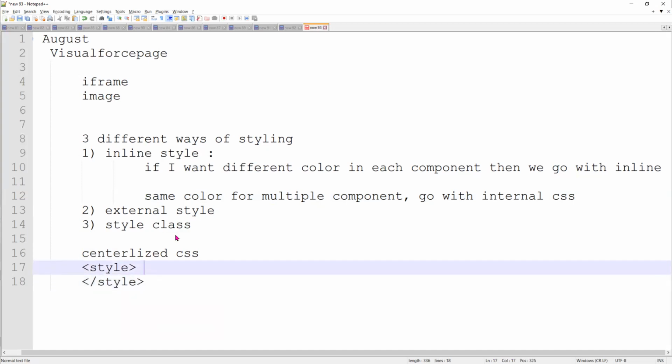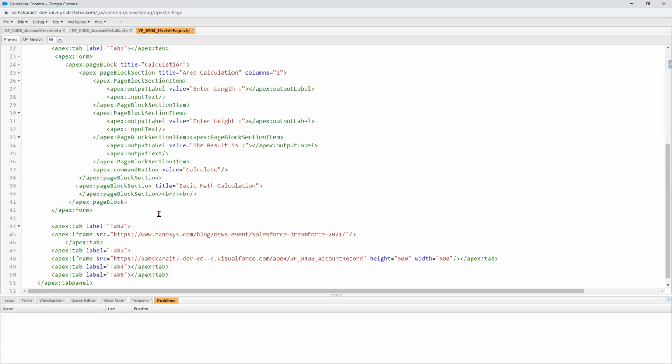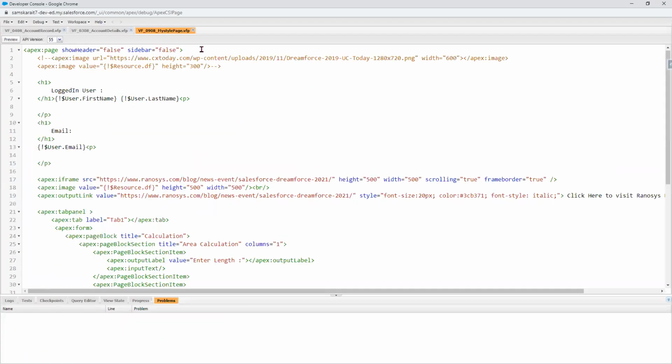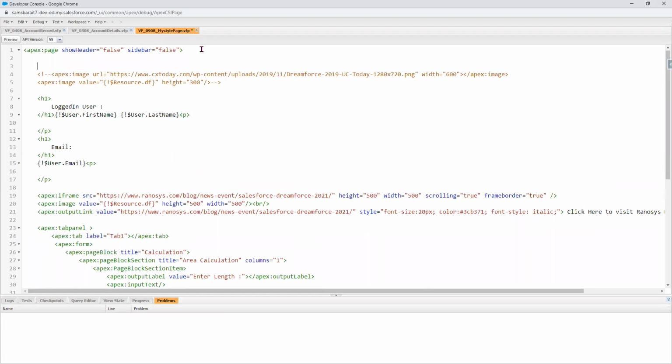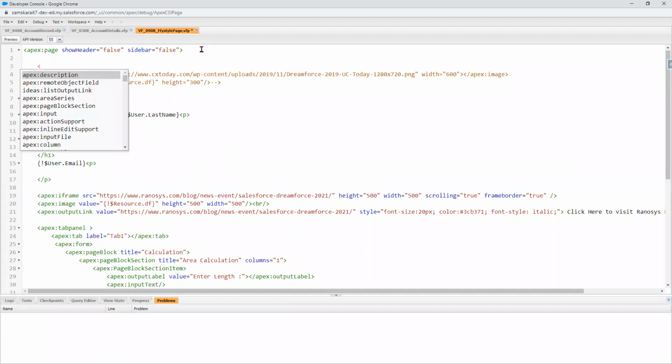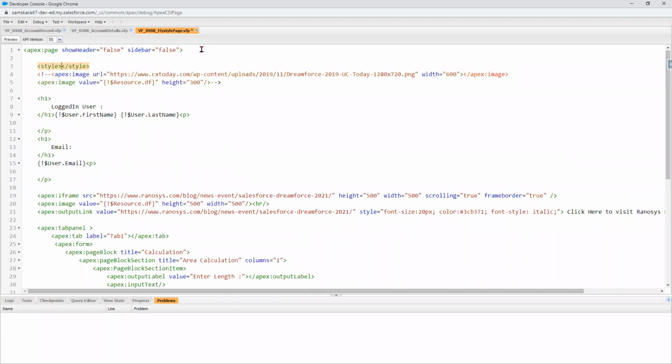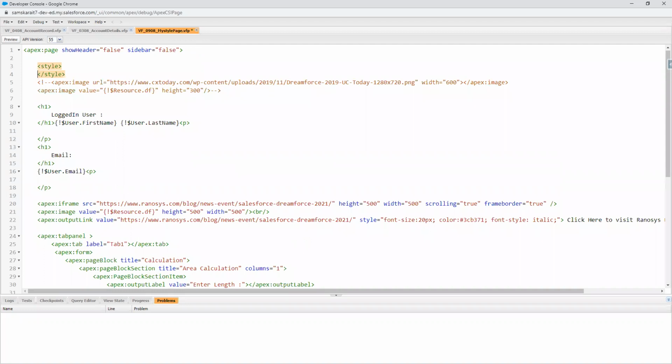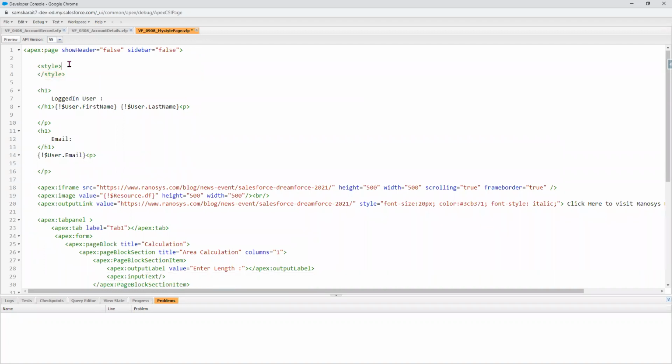So let's go to the top of the page in your Visualforce page, and here add the style tag. You can do it at the bottom also, that should be fine. So inside the style,